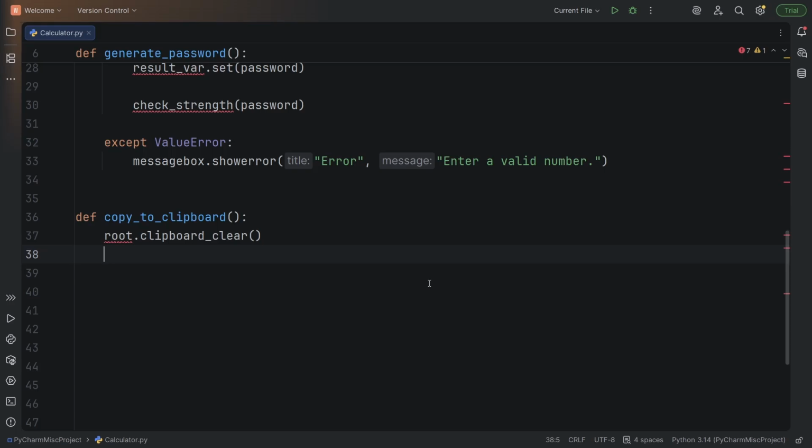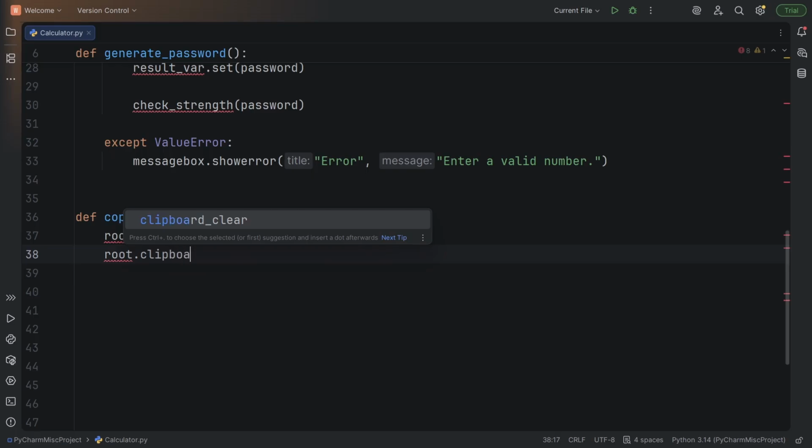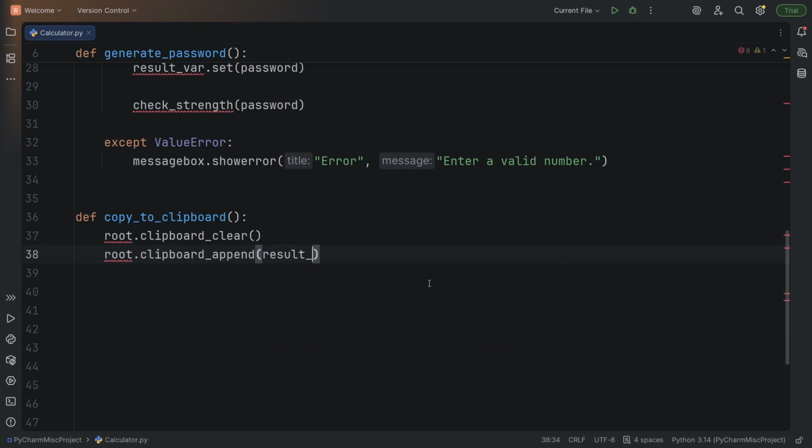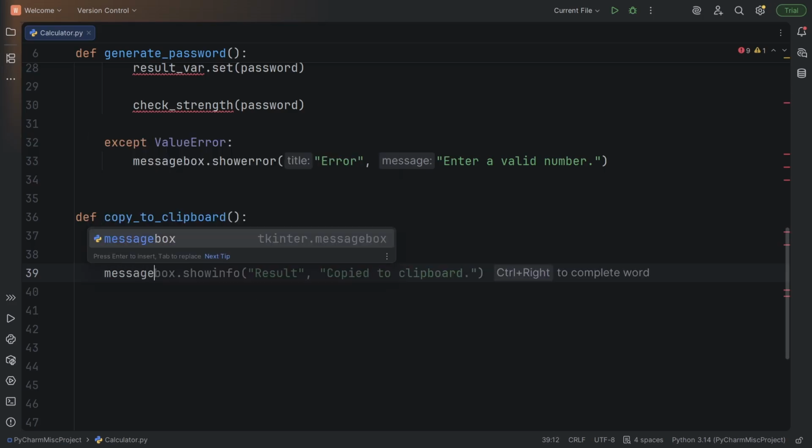Now to be able to copy the password to the clipboard, we do root.clipboard_append(result_var.get()). This is where we add our password to the clipboard. result_var.get() gets whatever password is currently in our output box. The clipboard_append adds it to the clipboard so the user can paste it anywhere, like a browser, document, or email. Now we also want a confirmation message, and to do that we do